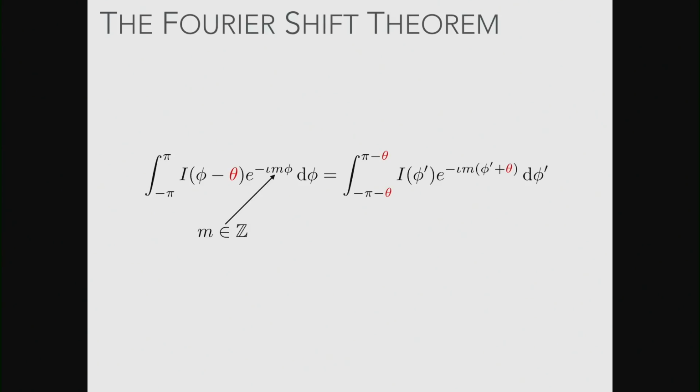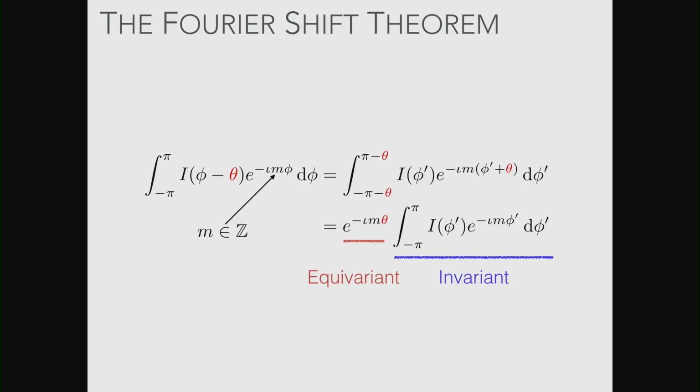And so what you can do is just do a little change of variables. It's kind of like GCSE mathematics, and then you can separate this exponential, which might be A-level mathematics, I think. And then what you end up with is a part which is not dependent on theta. Sorry, I should backtrack a bit. What we had was an image I rotated by a certain amount theta. And what we've done now is we've been able to pull the transformation theta outside. And so there's this invariant part which just depends on the image content, and this equivariant part which depends on its phase or its rotation.